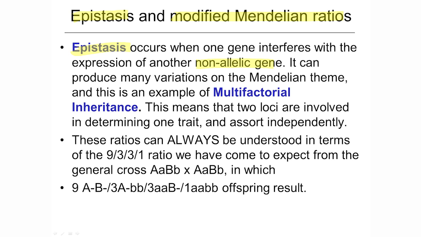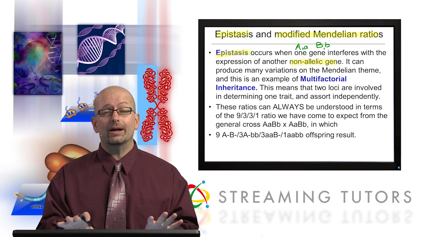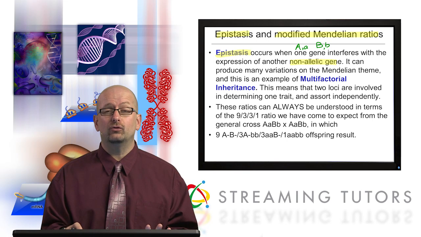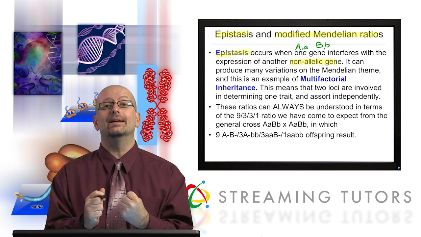With respect to epistasis, there are actually two different genes. If you were to draw it out letter-wise, one gene may be the A locus, where there could be the big A and the little a allele, just as an example, and then a totally different gene called B, a different locus where there could be the big B and the little b allele. We've seen this before. It's just that in the past, these two different non-allelic genes tended to control two different traits, like one was flower color and one was height. In this case, you still have those two separate non-allelic genes, but now they're somehow working together